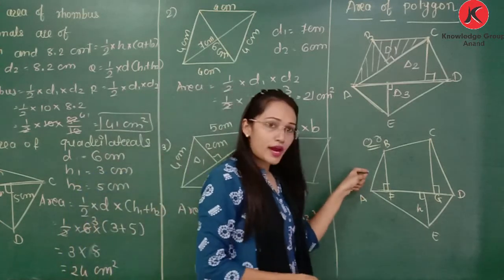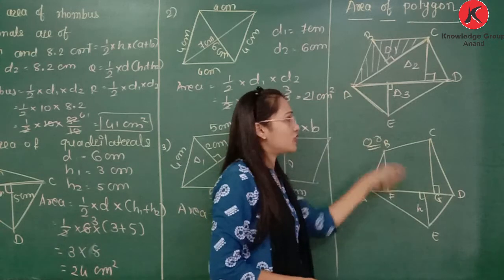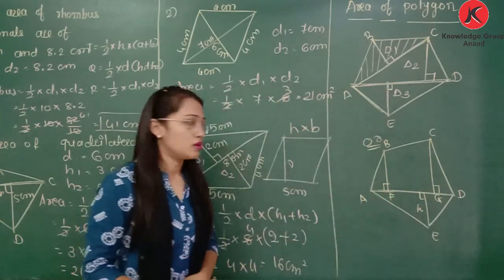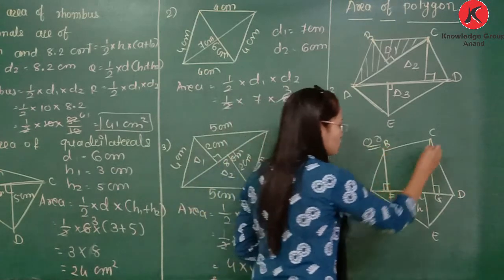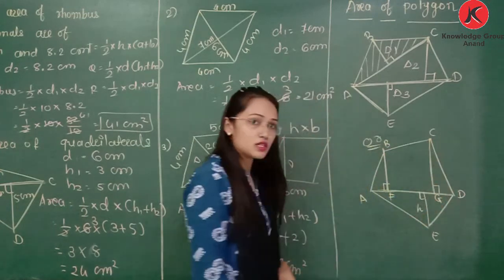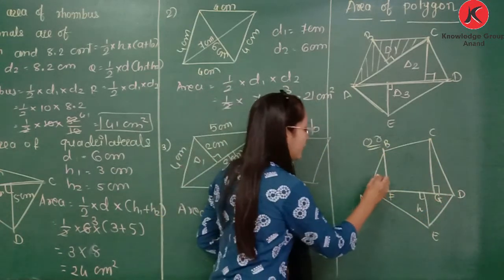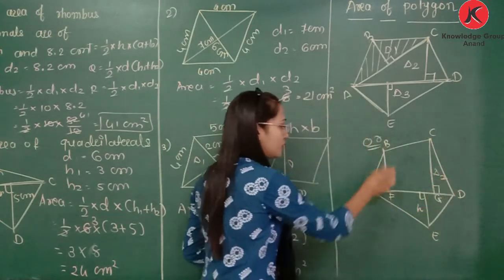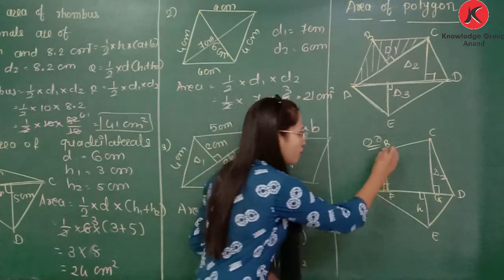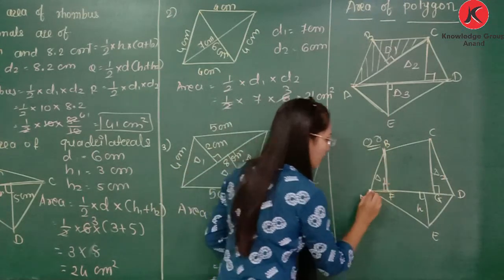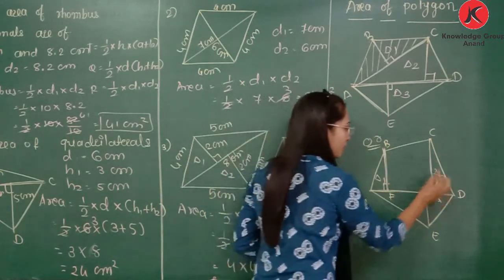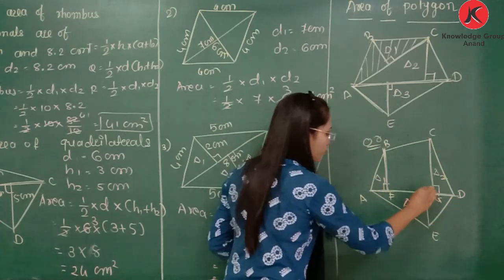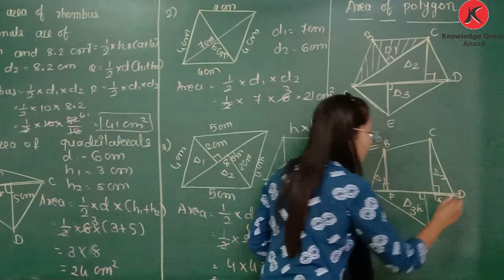Otherwise, the figure is the same, but we can divide it into other shapes. So here if we draw these two lines, this is a perpendicular distance. So here we need to find the area of this triangle 1, and the area of this triangle 2. Now what do we need for this triangle? 1 by 2, height and base. For this triangle, height and base. Now this is triangle 3. So this one will be height and this one will be base.